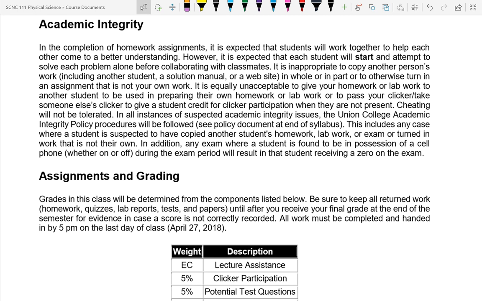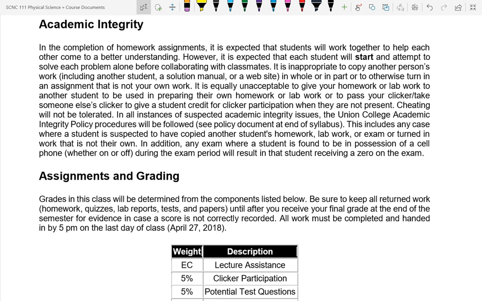Some classes pass around a paper you sign up, and somebody's like, well, John's not here, but he's going to lose credit if he's not here. So I'm just going to sign him in. That's very blatant dishonesty. I won't be doing that in this class, but a similar thing that you could do is we will have,